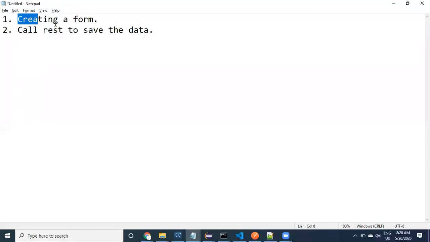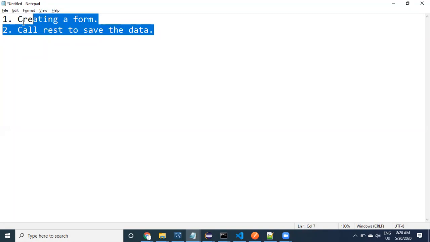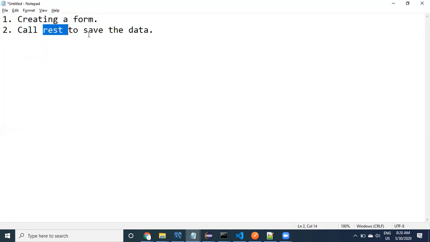To save the data, we have to call the REST service, and while saving, whatever data is entered in this form, we need to save it. So I have decomposed it into two parts to complete this save activity. First of all, I'm going to focus on creating the form.